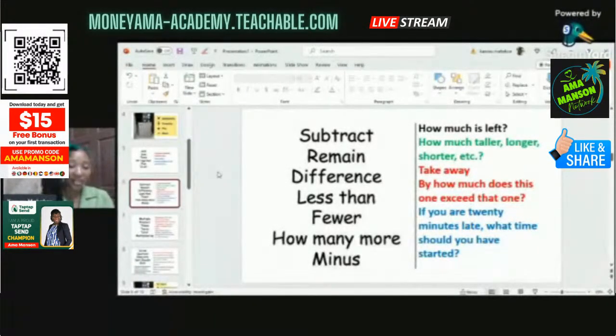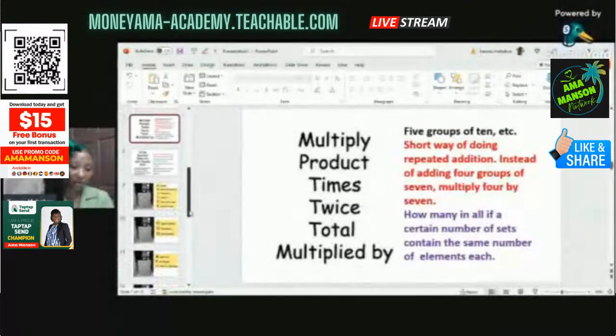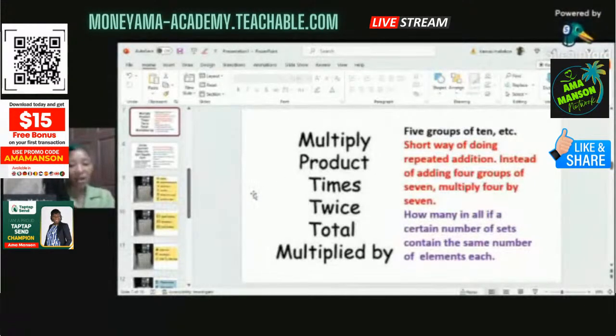Minus, so these are words that indicate subtraction. Reduction, you're reducing one thing by another thing. Minus, take away, find the difference. These are cues and clues that you're doing the operation of subtraction. And remember, all of this so far comes under simple arithmetic, right? One of the 3 R's that used to be taught: reading, writing, and arithmetic, the 3 R's. Of course, we know they're not really R's, but they sound like R's. So,